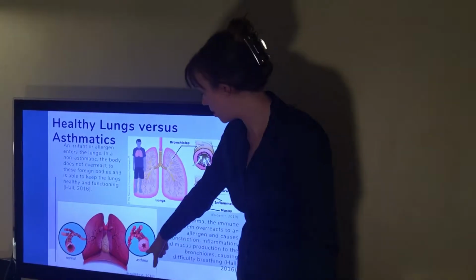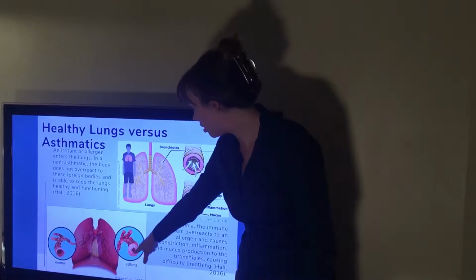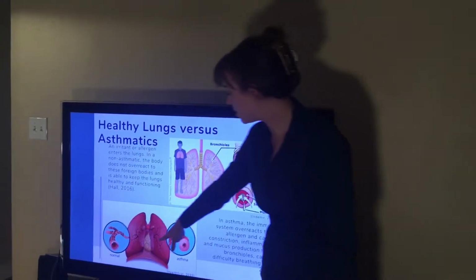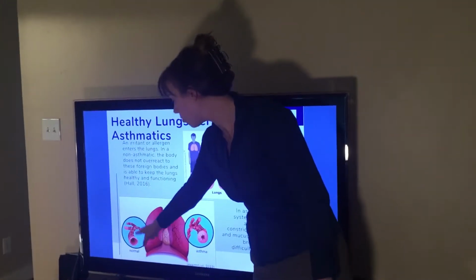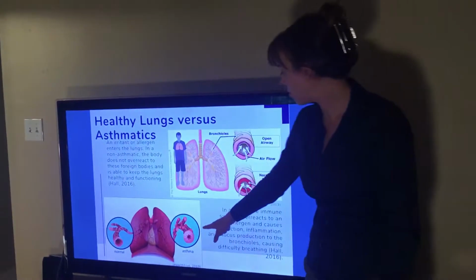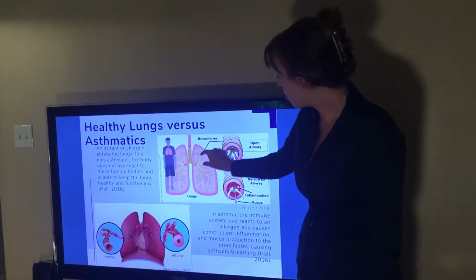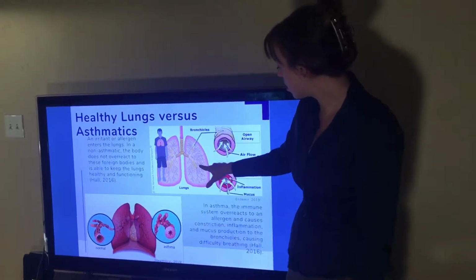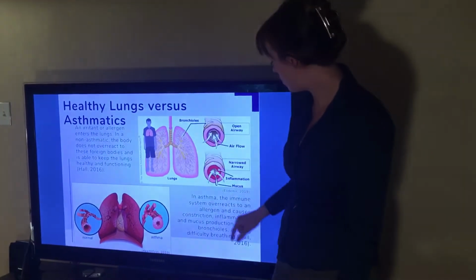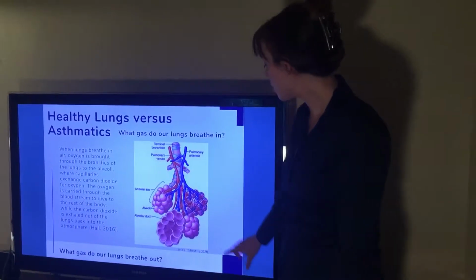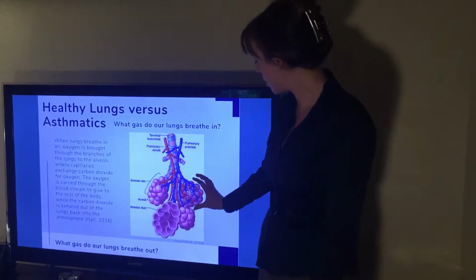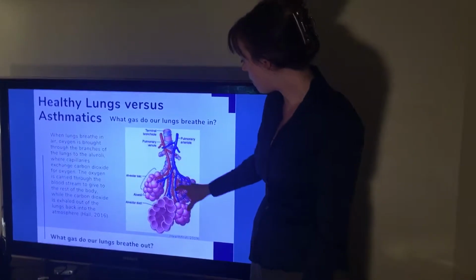And here I have another picture where the inflammation is a little more severe and easier to see, where that's the normal lung, that's the normal bronchiole, and then that's the inflamed bronchiole. And you're looking at the bronchioles, so here's the branches of the lungs, and the bronchioles are the smaller branches coming off of it. I also wanted to show the alveoli, because here on the capillary level, the alveoli are